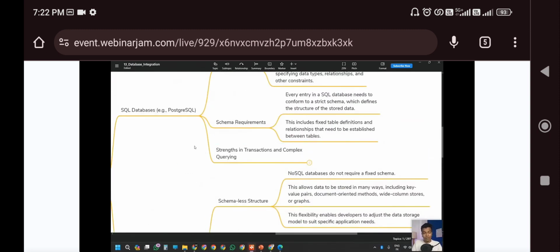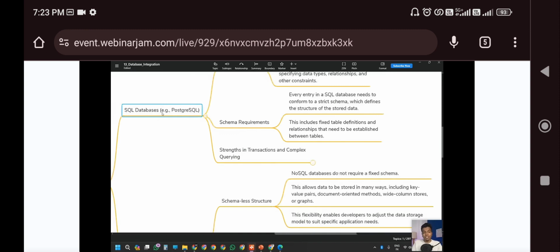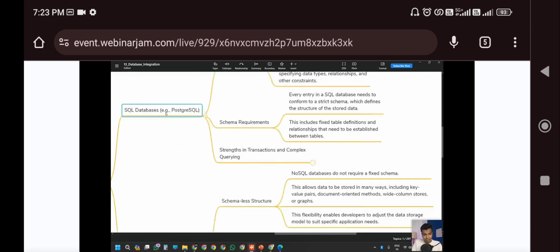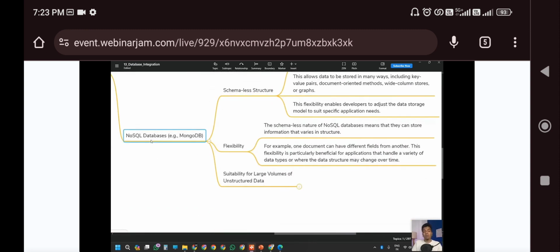And also please try to explore other points as well. But the first thing is the SQL database, which is highly structured, where it is going to organize all the data in tables, which follow the predefined schema, specifying data types, relationships, and all the constraints maintained by the schema. That's what the SQL database is. But while talking about NoSQL, which is